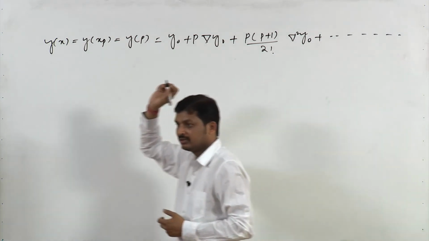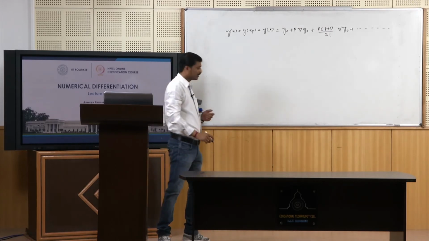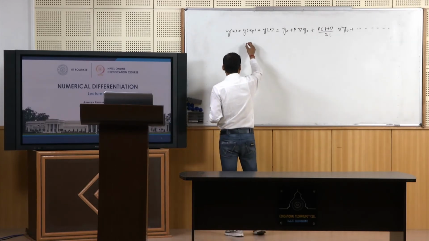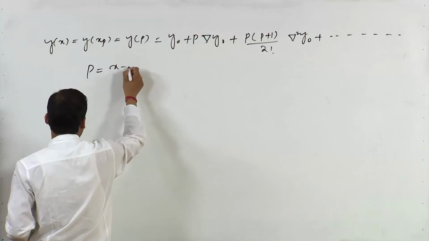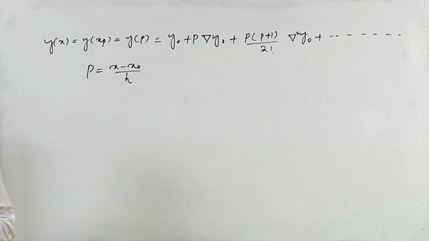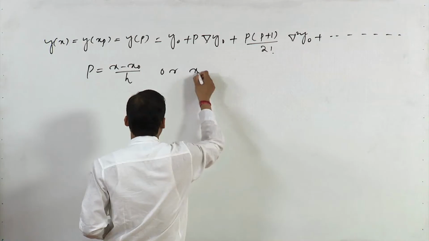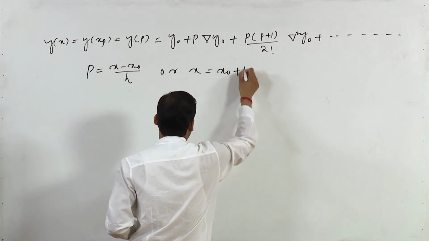So if you write here p, then p can be represented as p equals x minus x0 by h here,